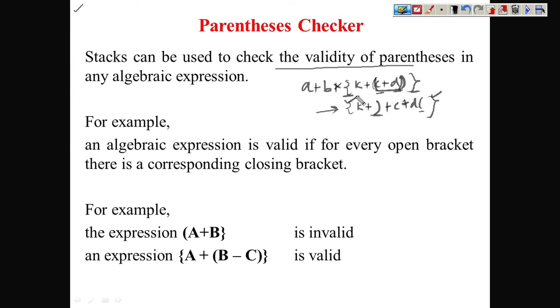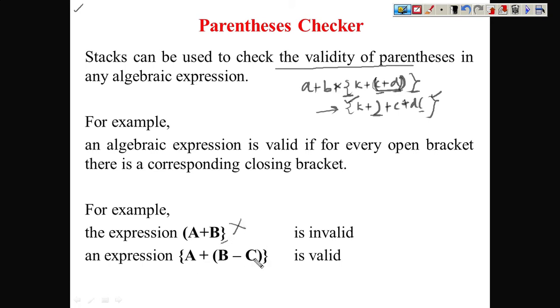So how can we check all these types of requirement? Here the stack will help us to achieve all this and to validate the expression. Now for example, if you look at this scenario, we have a plus b, we have opening braces, and again we have a closing brace, but the type of braces are different, so this is not valid.